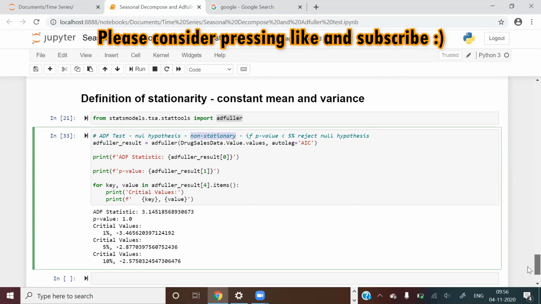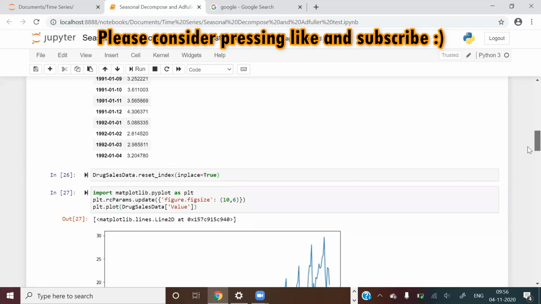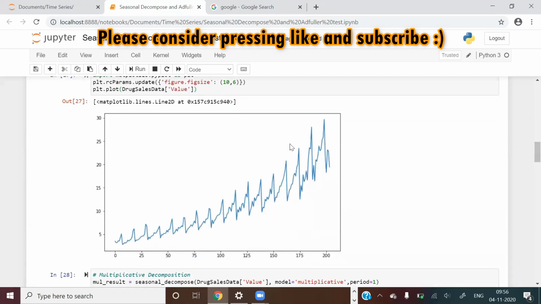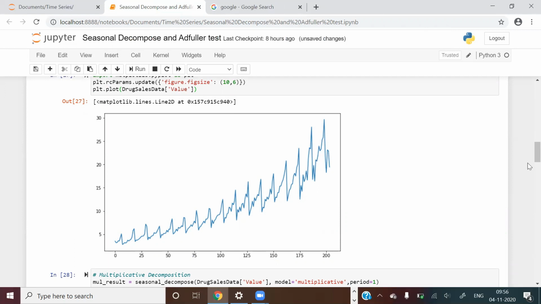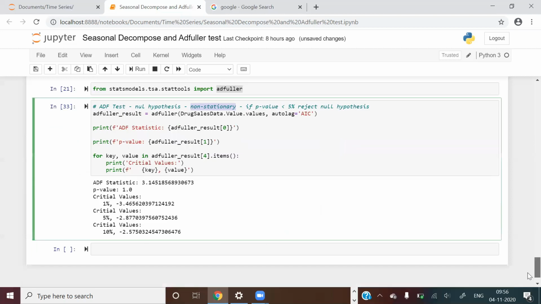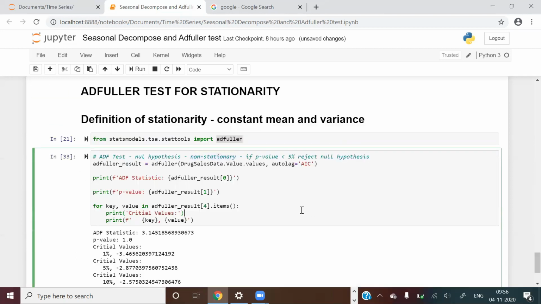This is very intuitive as well. If you see this time series, right, this time series is obviously not stationary. At this point mean and variance will be different than mean and variance at this point, right? That is why this time series is not stationary. And our AD Fuller test is also giving us the same output, right? So if you run an AD Fuller, you will get a p-value. Look at that p-value and you can very simply accept or reject the null hypothesis.